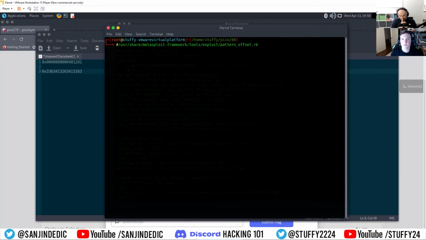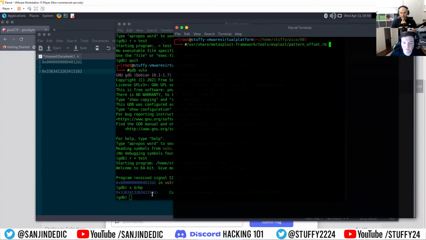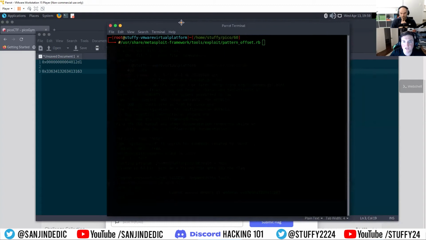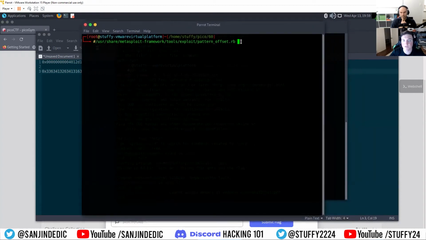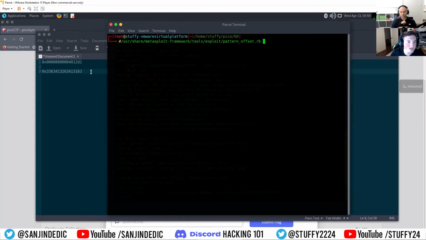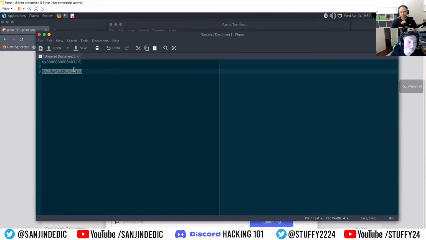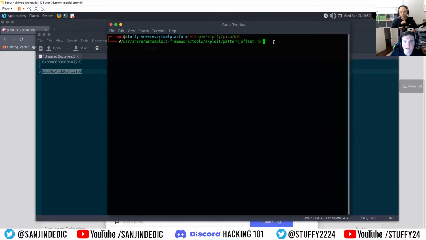All right, so this next tool is right next to the other tool. If you go to that drive on Metasploit when it's installed, it takes that pattern that we gave it. Now we have the location of the function that we're trying to find, which is the RBP. So we can feed it that location and ask, what's the offset? How far do we have to go to get to this pointer function? So when we feed it that, which I think I copied, but let's make sure. Copy. And we can say, with the offset right there,